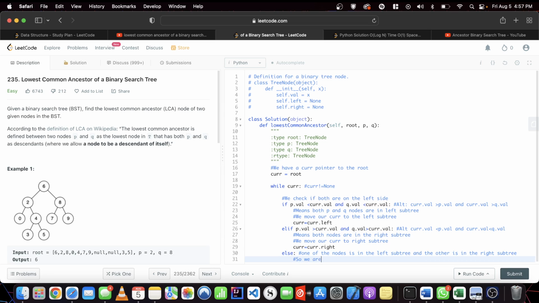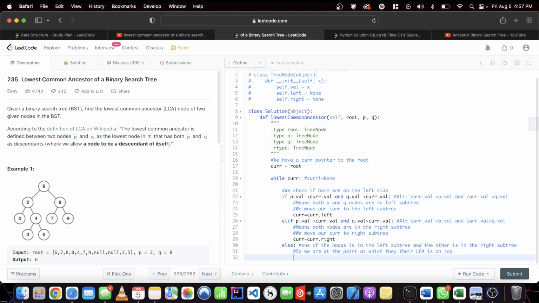So we are at the point at which they both split. We are at the point at which their LCA is on top, right? Or where they split,